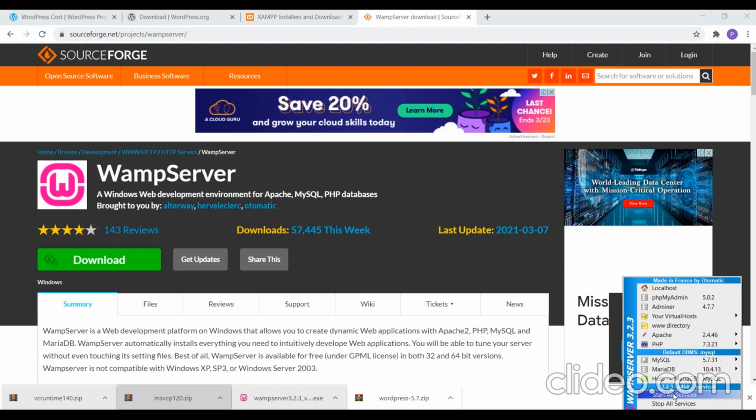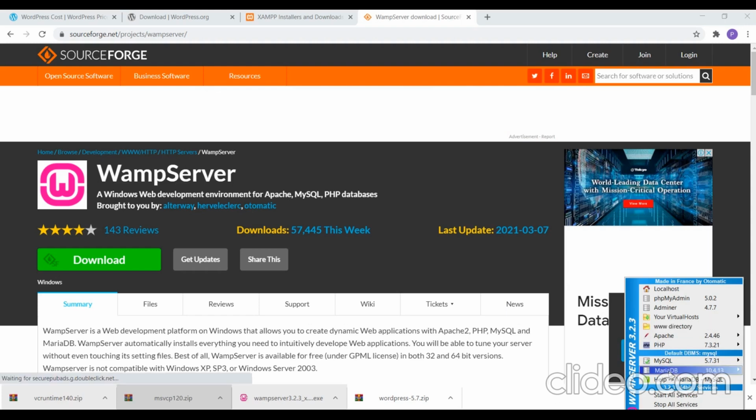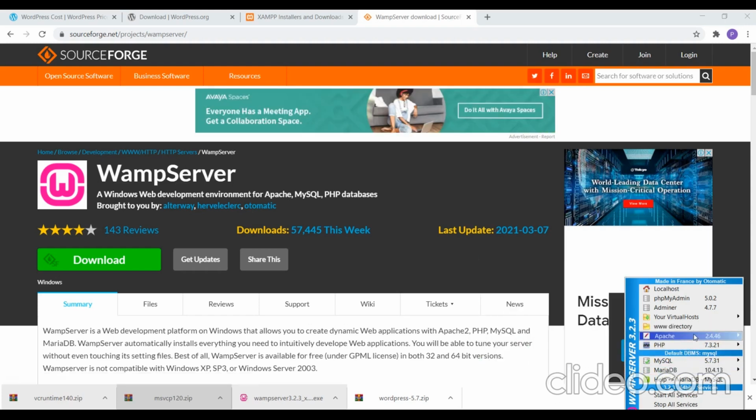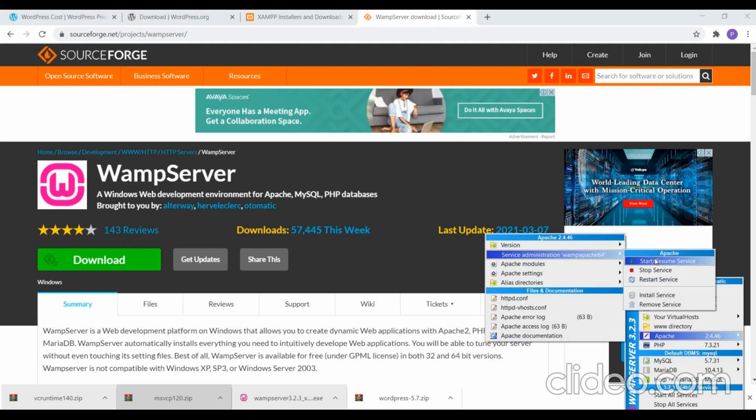Okay, so you need to just click on it and you need to start all the services, and you will get a green indication for that. So you need to start your Apache.